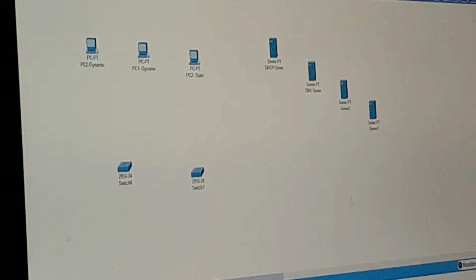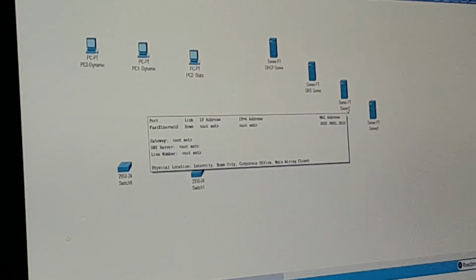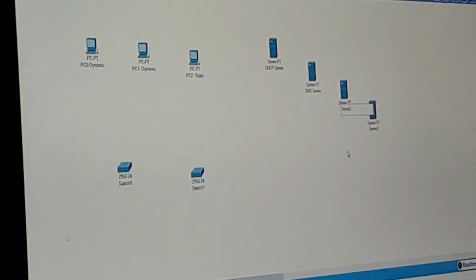So we need to configure this one. So we need to change the name to web server and www.ama.is.edu.